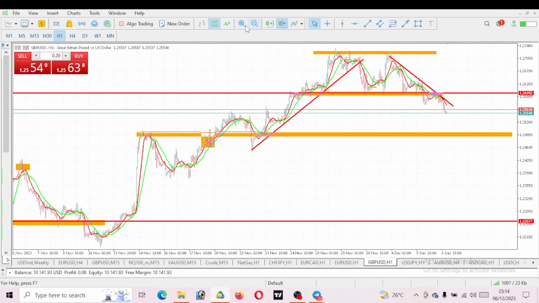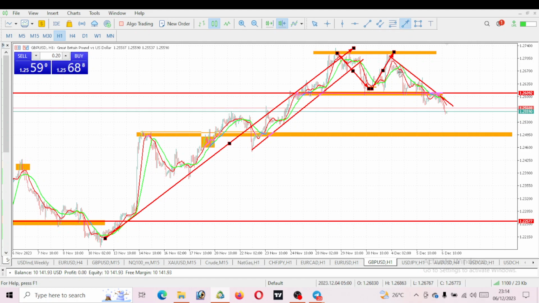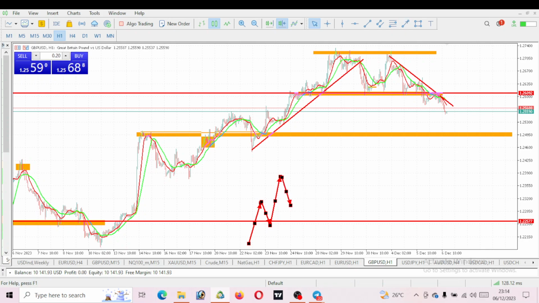Now with GBPUSD, it is simple. At first, we can see that this was an uptrend move, right? Now the market eventually ranged within this level, right? And guess what the market has done? It has broken. So there's one thing that markets usually do. I'll tell you guys something. If there are higher highs, there are higher lows on GBPUSD. There's also a higher high, and here comes the higher low, right? Then we have another higher high, and the market eventually drops to this level here, a higher low. It's supposed to go ahead and give us a new higher high, right? But it did not do that. It came to our previous highs, eventually dropped again to the support level. What can you see? A ranging market move.